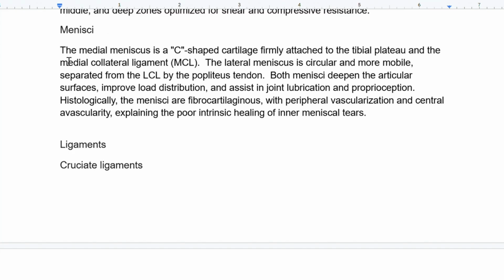The menisci. The medial meniscus is a C-shaped cartilage firmly attached to the tibial plateau and the medial collateral ligament, or MCL. The lateral meniscus is circular and more mobile, separated from the LCL by the popliteus tendon. Both menisci deepen the articular surfaces, improve load distribution, and assist in joint lubrication and proprioception. Histologically, the menisci are fibrocartilaginous, with peripheral vascularization and central avascularity, explaining the poor intrinsic healing of the inner meniscal tears,